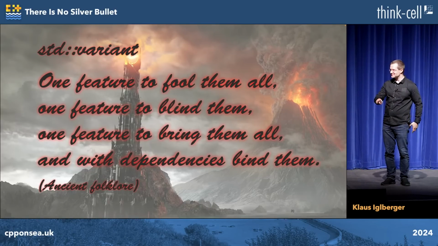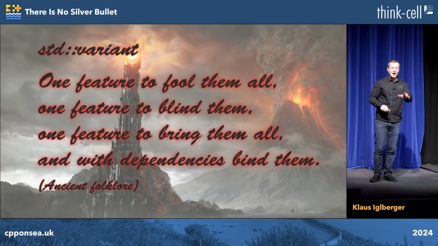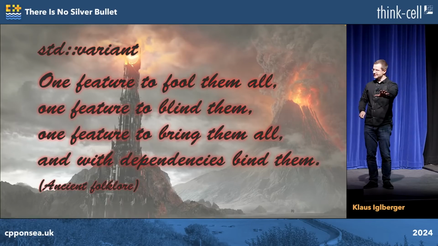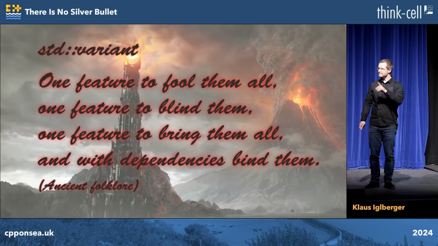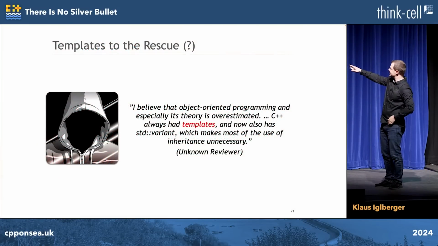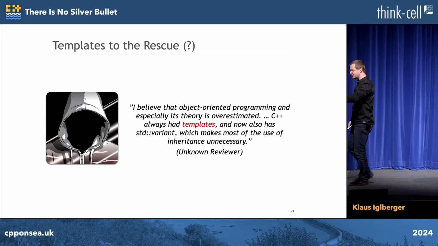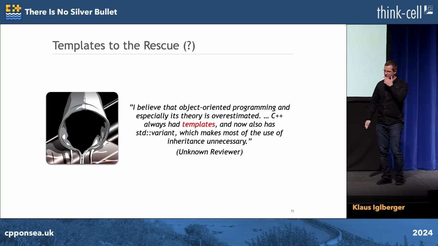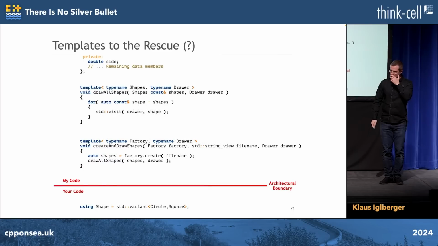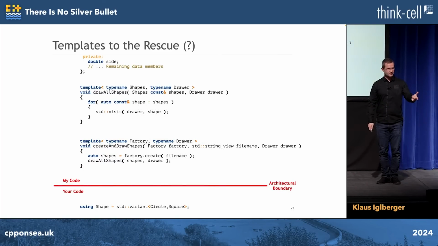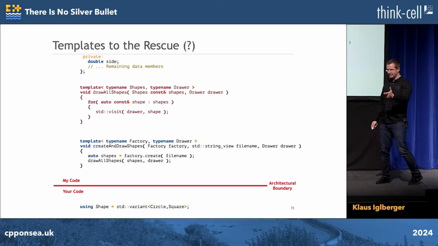That was also unexpected. However, now you complain and say, but wait, Klaus, no. We're not done yet, you just do it wrong. And this was openly said: templates and variant, right? So let's throw in a couple of templates because that is going to solve the problem, for sure. I now put templates everywhere where I need to know about your abstraction. So that's going to finally invert the dependencies.